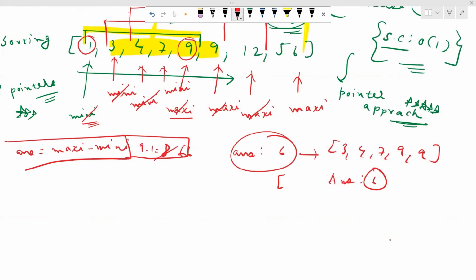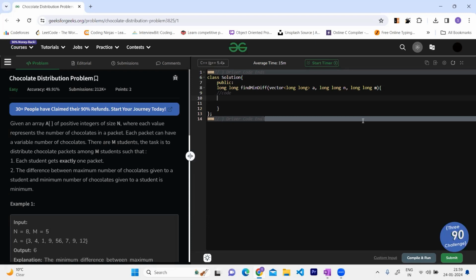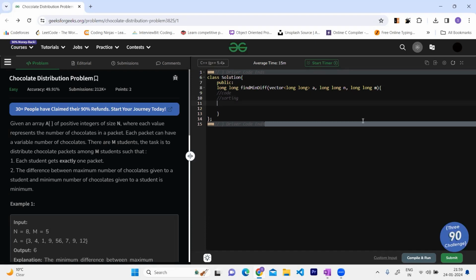Now, I hope this approach is clear to all of you guys. Now, let's try to code this thing up. So, this is our question. First of all, we'll apply the sorting, right? Sort